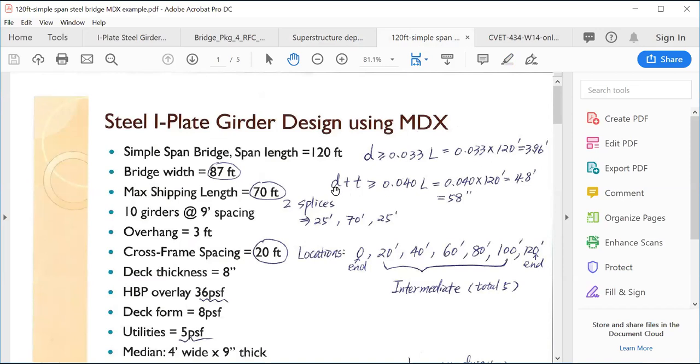We also have the depth of the steel portion plus the concrete deck thickness, and the minimum depth is 0.040 times span length. So we have 0.040 times 120 feet, which equals 4.8 feet, equals 58 inches. And just based on that,